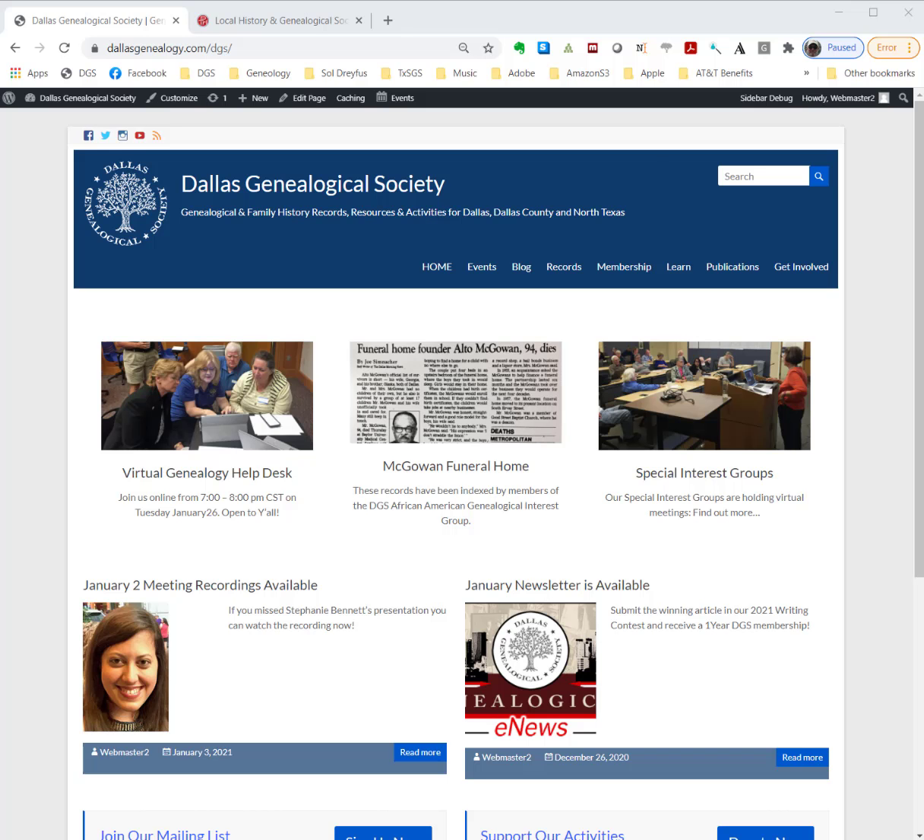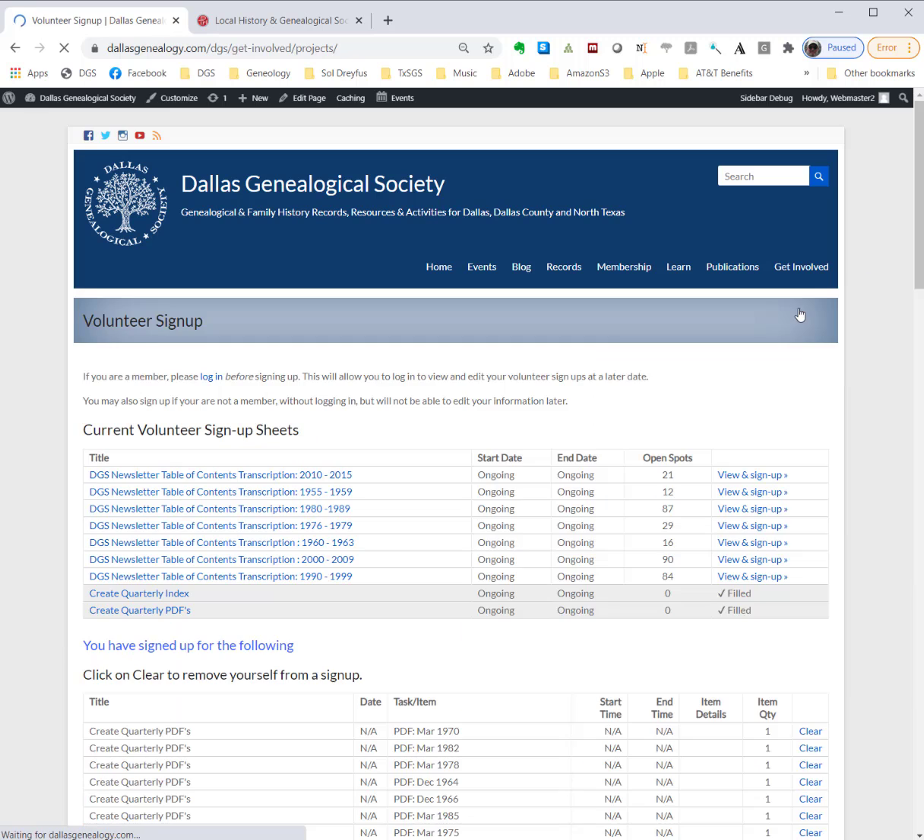So if you're intrigued enough to give it a try, here's how you go about doing it. I've got a series of sign-up sheets over in our Get Involved volunteer sign-up sheet section of the website. I've got them broken up by decade, so you're probably not going to see them all at the same time. You'll probably just see one or two, but pick whichever one happens to be out there. Click on it,